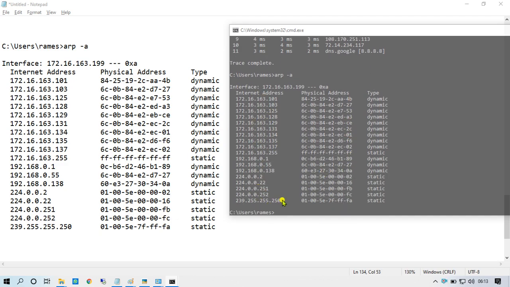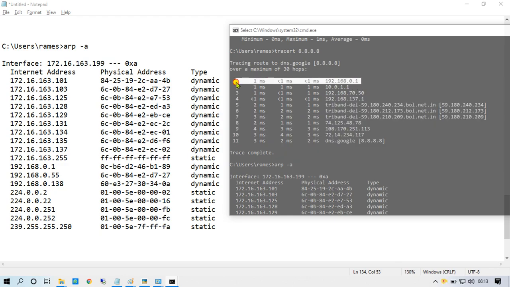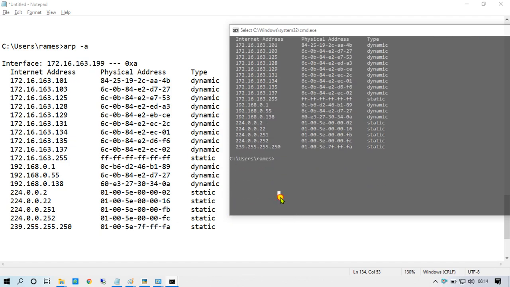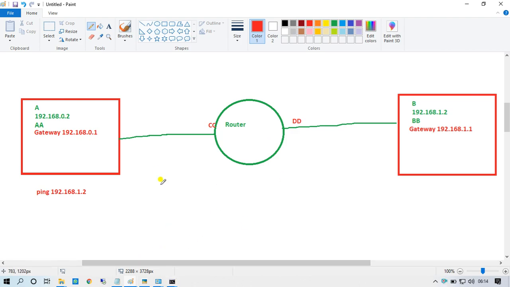We will not get any information apart from 0.1. We will not get it, because what? On the router, when PCA, my system, is going to send to the Google DNS, first my router will be active and it will create again one ARP request for 8.8.8.8. But again, it doesn't know the destination MAC address. Then what will it do? It will again send its packet to the other interface, and after checking routing information about my network and the other network, it will send it to the next level.